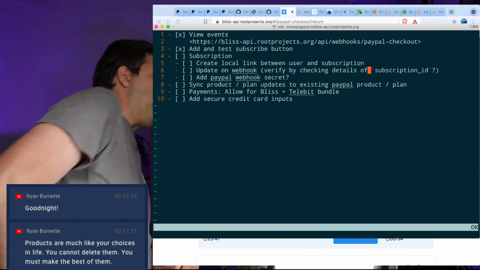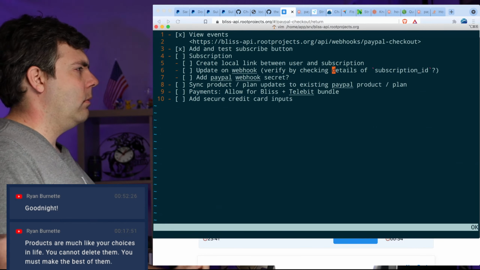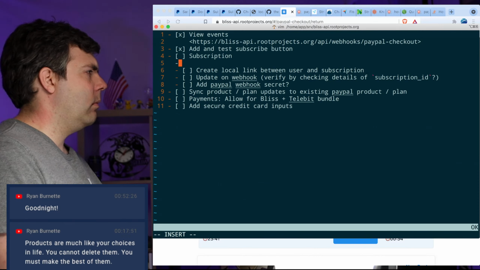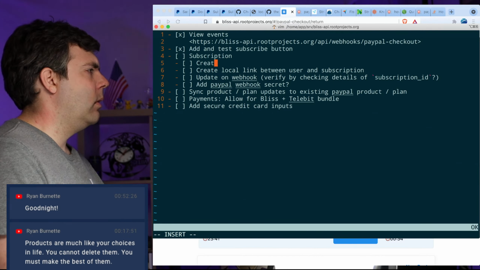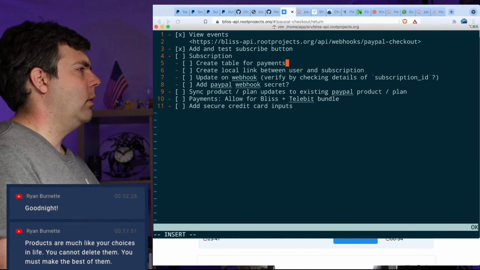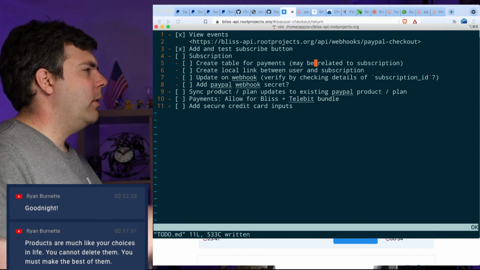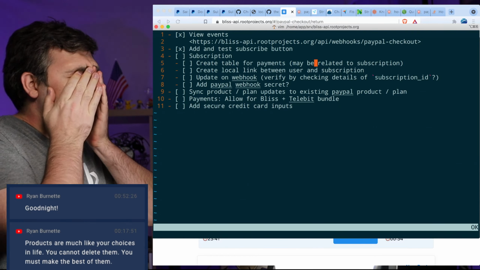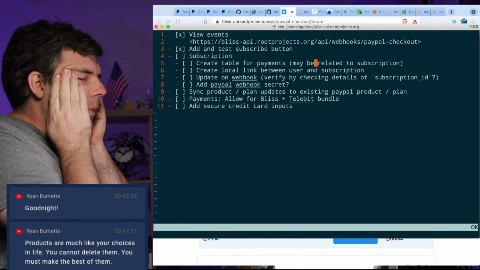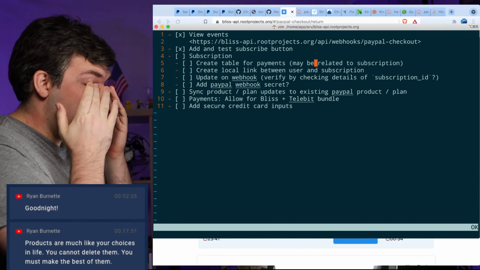Okay. Create table for payments. All right, so the one thing that I didn't do, I'm understanding better now, is the subscription itself does not guarantee a payment.